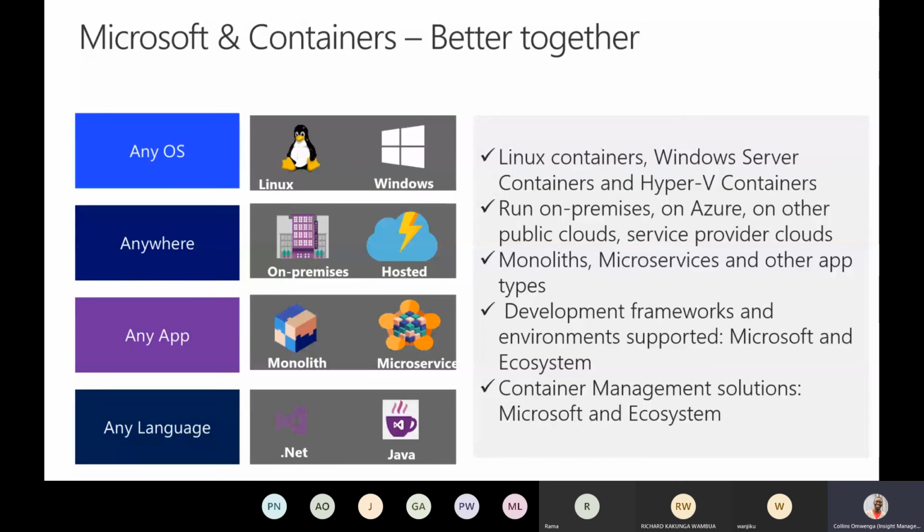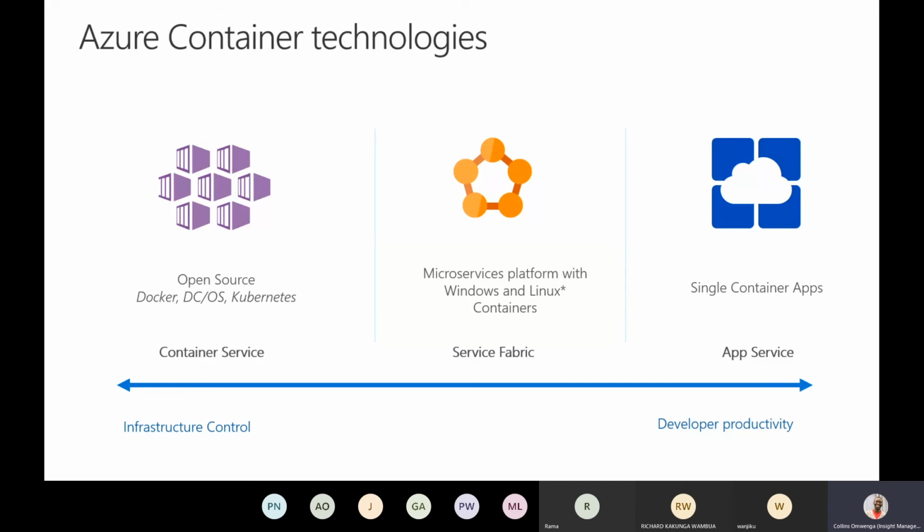That's a little bit technical, but it's good to mention. From an offering perspective of containers, we have Docker, DC/OS, and Kubernetes as container services. Then we have Azure Service Fabric that provides a microservices platform with Windows and Linux containers, and then single container apps within the App Service scenario.